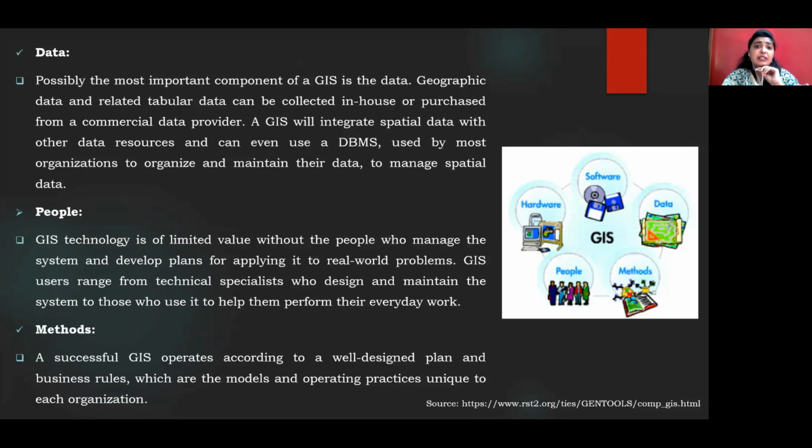After that, we have data. Now, nothing can be done without a data. If I want to construct say a population density map, and if I do not have the population data, how will I construct it? So I need to have that data. All that data will be stored in what we call the database, that will be integrated with the software which will help me construct a map. So data again becomes a very important component. Without data I cannot do anything. Just having the software and the data will not help me. I need to have the hardware for it.